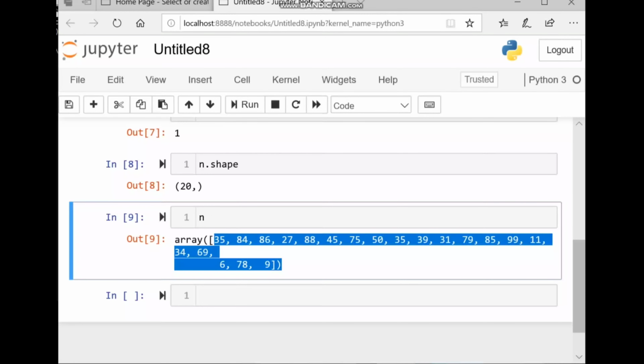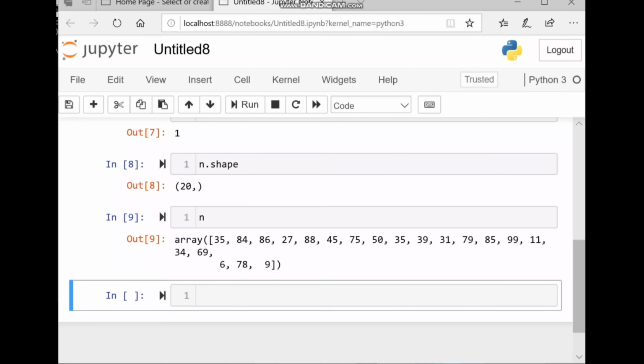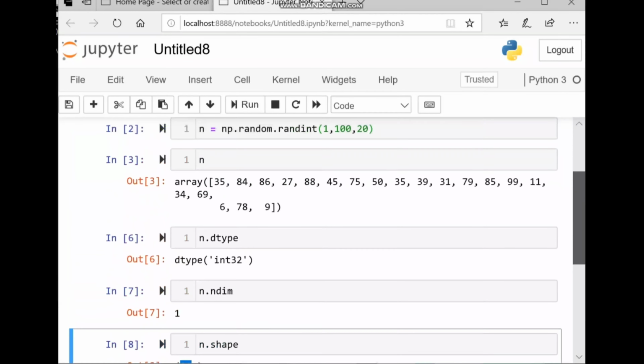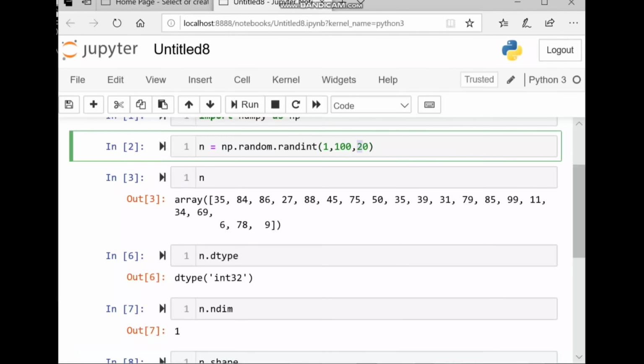If I want to change this 1D NumPy array into a 2D NumPy array, then I use the reshape function, n dot reshape. If I pass 2, 10 here, the multiplication of these two numbers must be equal to the number of elements.